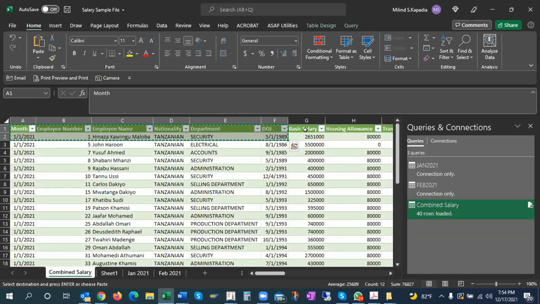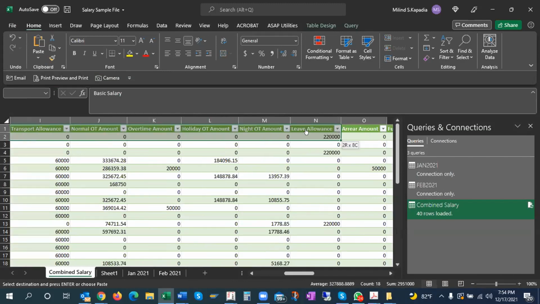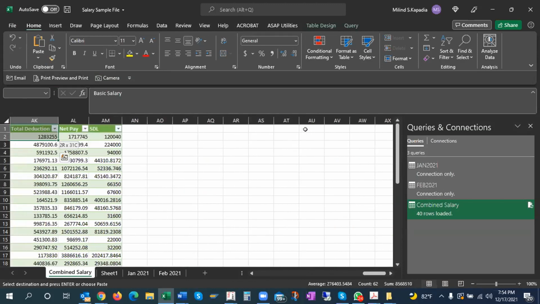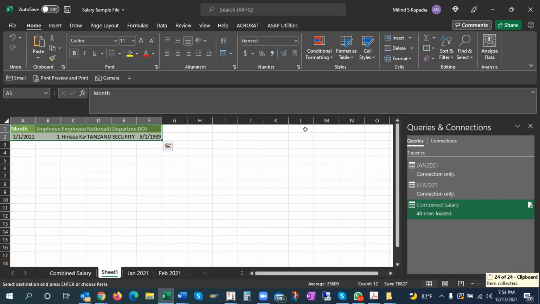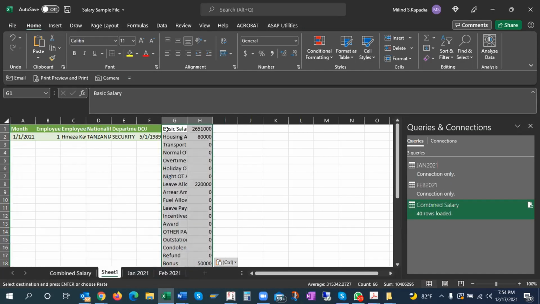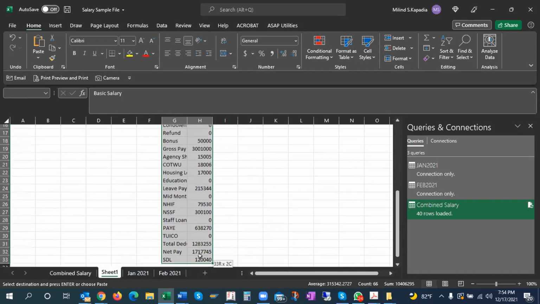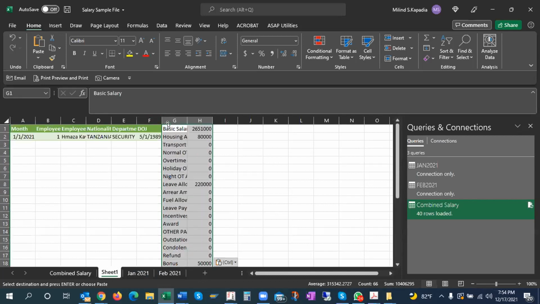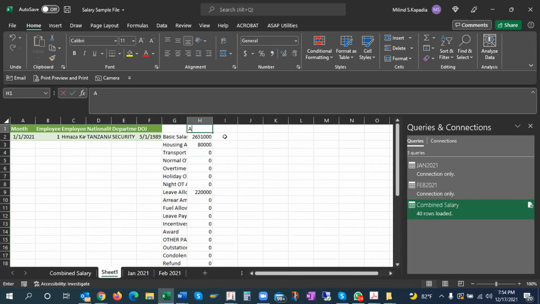If I get data in this way, how beautiful it will be. If I get data like this for this employee, it will be meaningful, right?